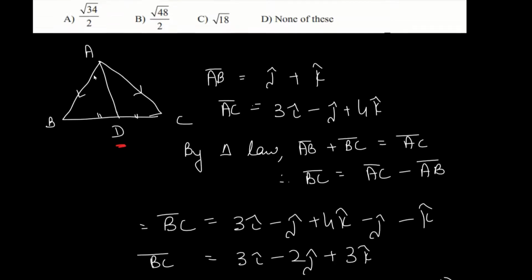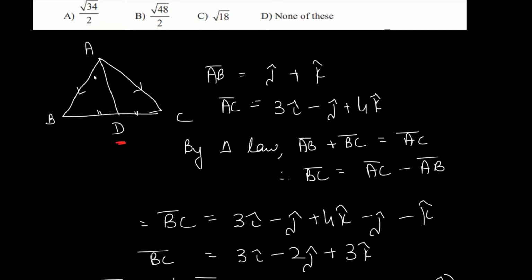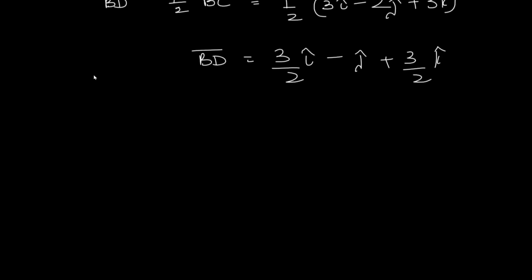Now again going back to the triangle. Now take triangle ABD in this case. Okay, in triangle ABD, this particular triangle, again by triangle law, we have AB plus BD is equal to AD. Okay, AB plus BD becomes AD, and that is what we need, the value for AD actually. So over here, we get AB plus BD is equal to AD by triangle law.